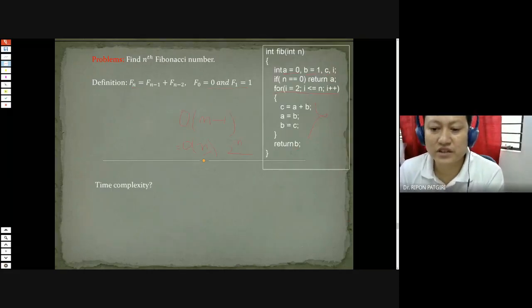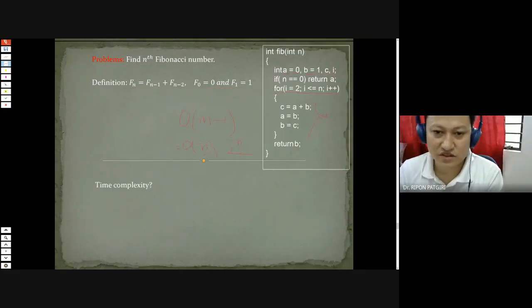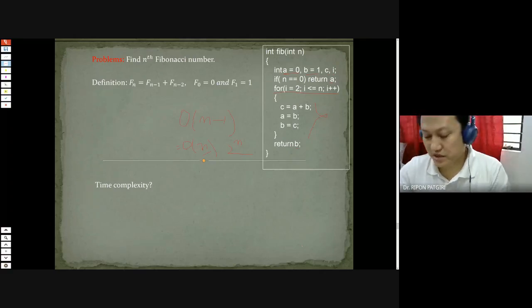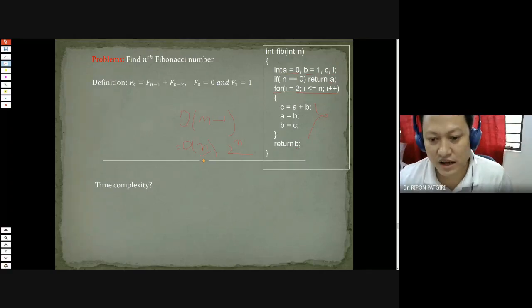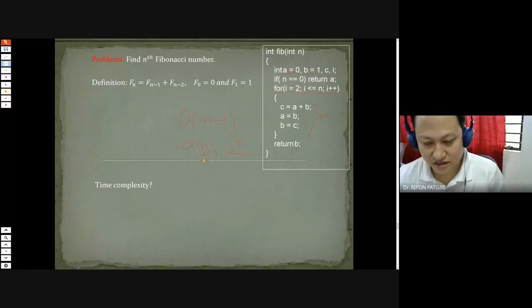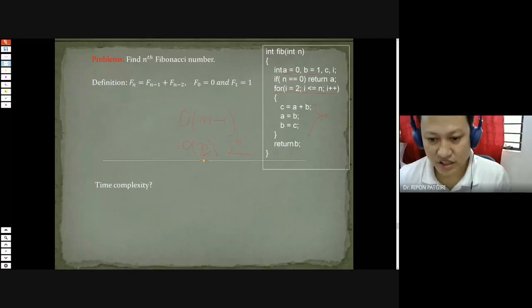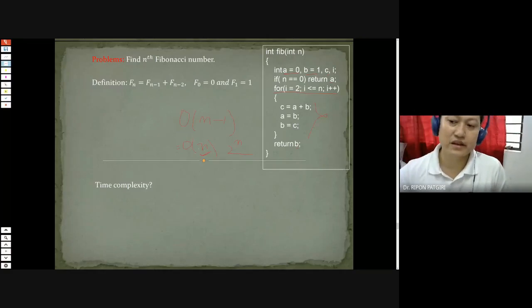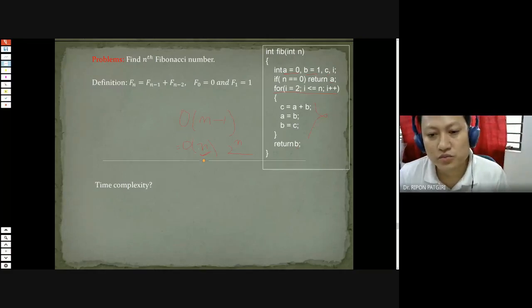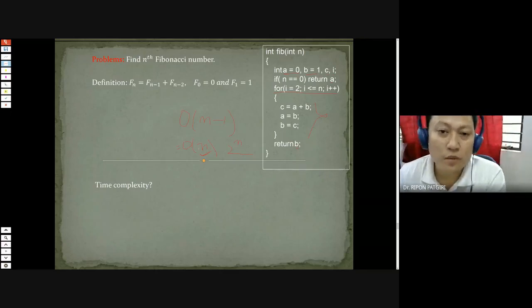Okay, I'm coming to that. Today I will discuss this. So can we improve this? The big O of n solution is also large. Okay. The big O of n solution is also very large. So can we improve this? Because this is not a feasible solution to find the nth Fibonacci number. If I use big O of n linear time complexity, then it is also not a good solution.